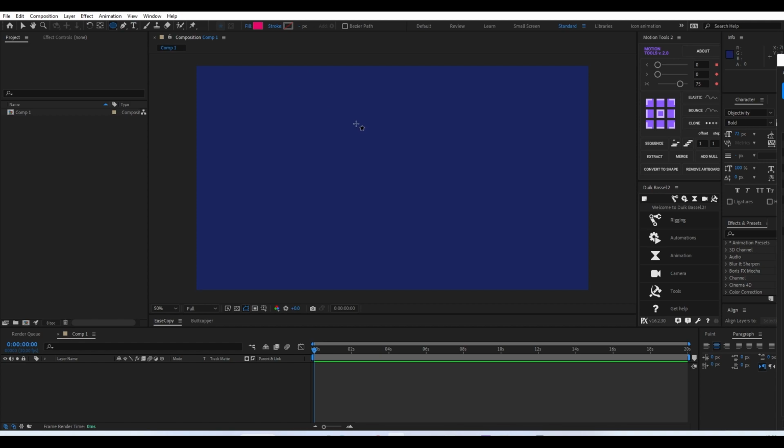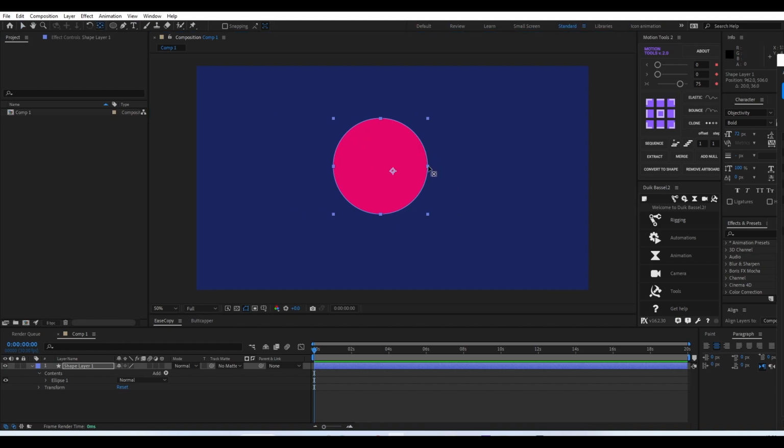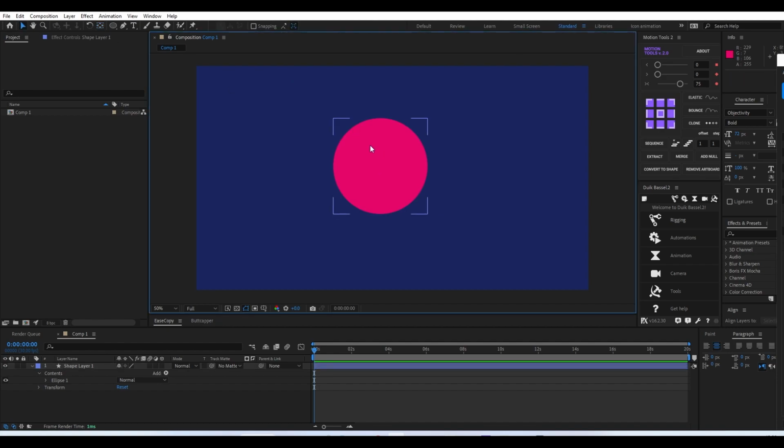So after that, you can select an ellipse, and we can create a simple ellipse for the coin base. Then we'll use the pan behind tool in order to make the center point at the center. We can hold Control in order to make it center. After that, we can just select